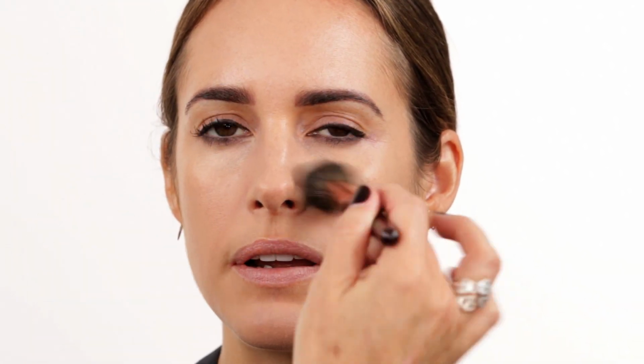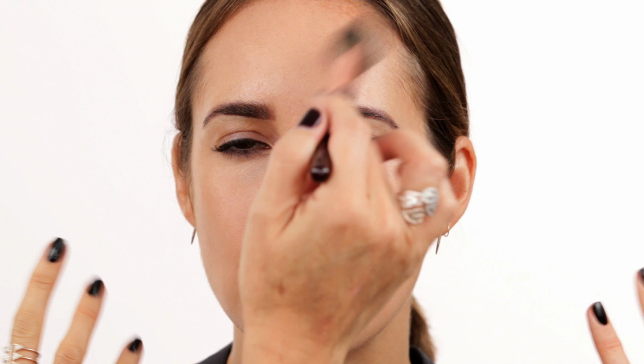Oh, yeah. I have this one here, which I'm going to use on you later. It's the MAC spray. I really love the Fix Plus, and it comes in a little travel size. So you could bring this with you during the day if you feel like you have too much product and then just mist a bit, and it rehydrates your skin. Those sprays are amazing because they wake you up, and I just think sometimes, especially during a long day in the office, your makeup can get a bit congealed, or you feel like it's giving you lines or creases, and